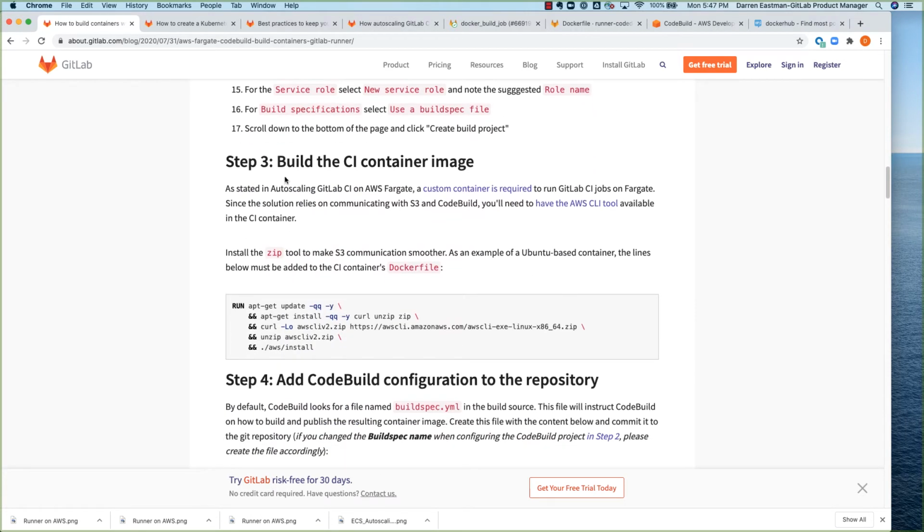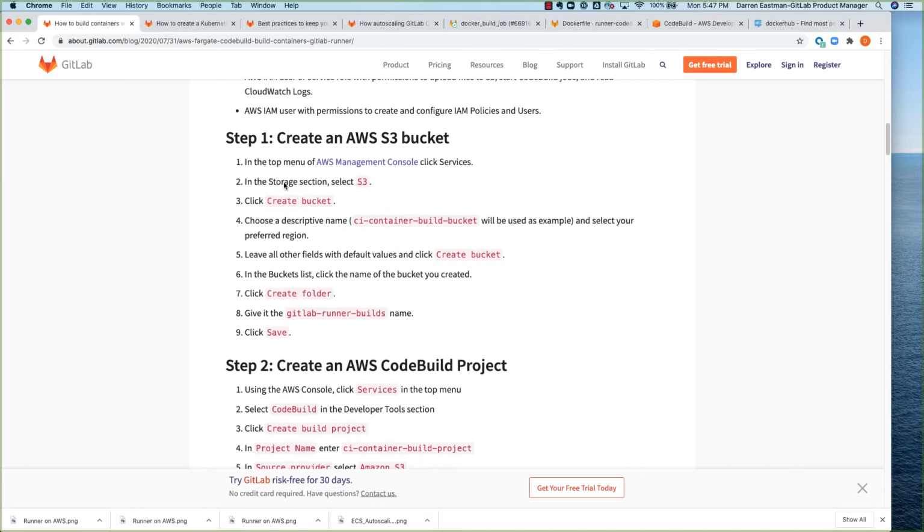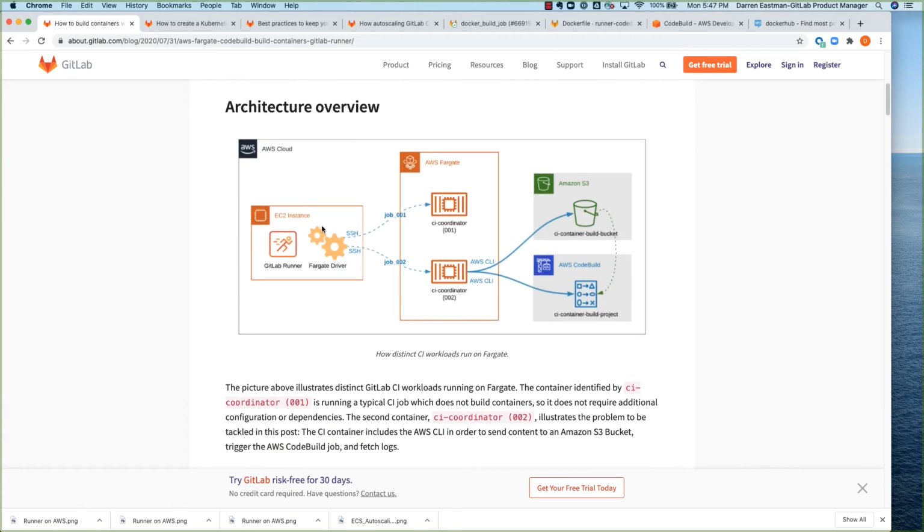Step 3 is building a CI container image. What does this mean? Just to recap, I'm going to pop back over to the diagram. The CI container image is what's going to be used to create the task on Fargate, the thing that actually executes your jobs on Fargate. And that's one thing with Fargate. With the Fargate construct,